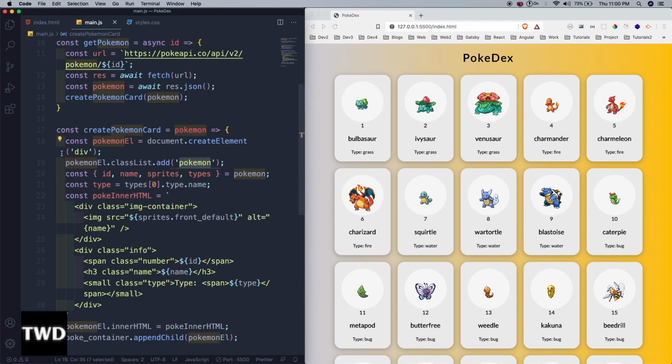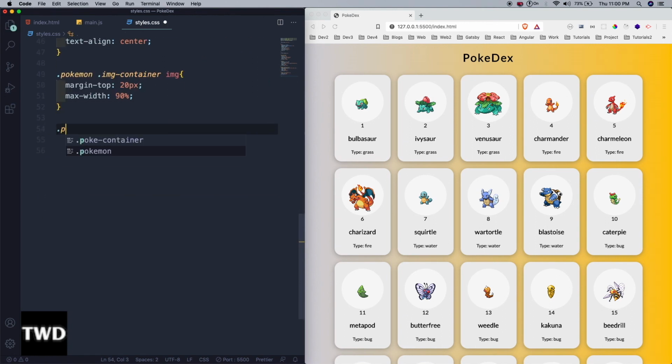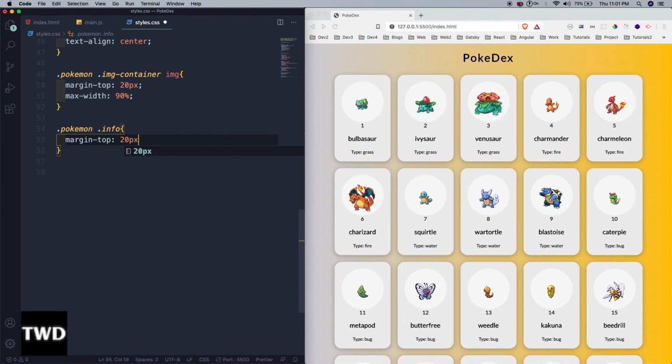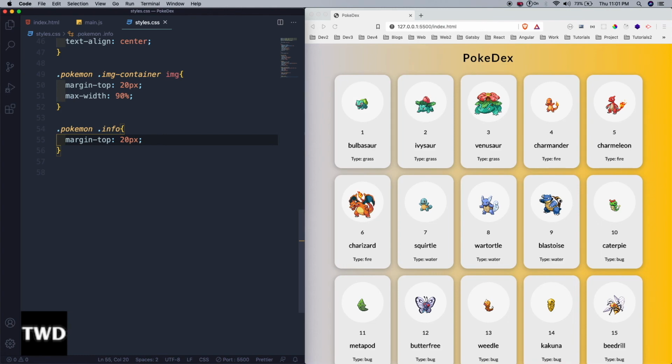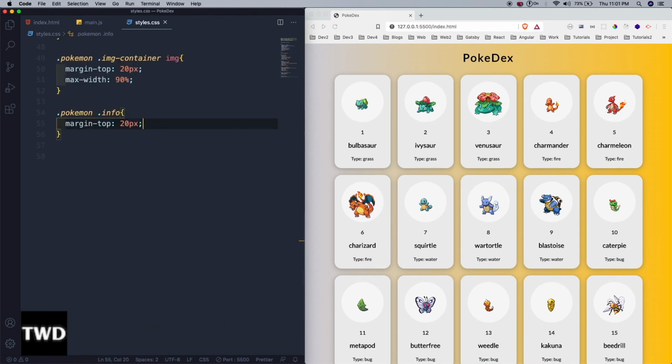Then we are going to target this info class which contains all these three. So dot Pokemon dot info, margin top 20 px. We are having some margin, so between this and this one we are getting a margin. So after that we'll target this number which is the ID which is coming for each Pokemon. We will target that, dot Pokemon dot number, background color is RGBA, don't want like this, RGBA 0, 0, 0, 0.1,